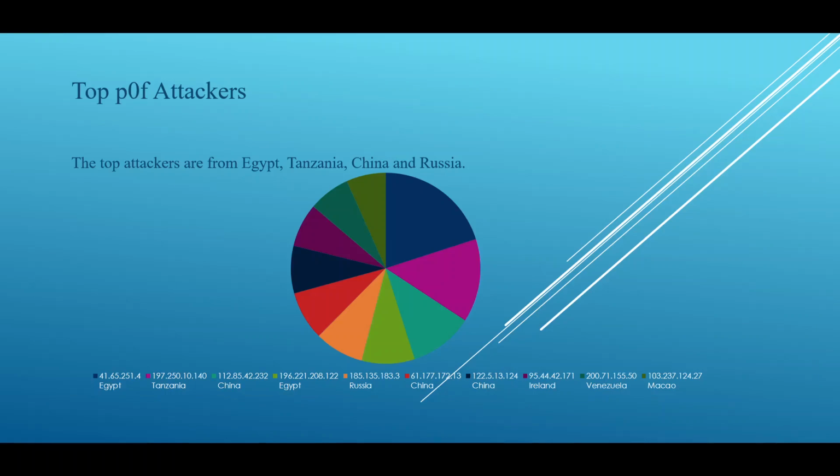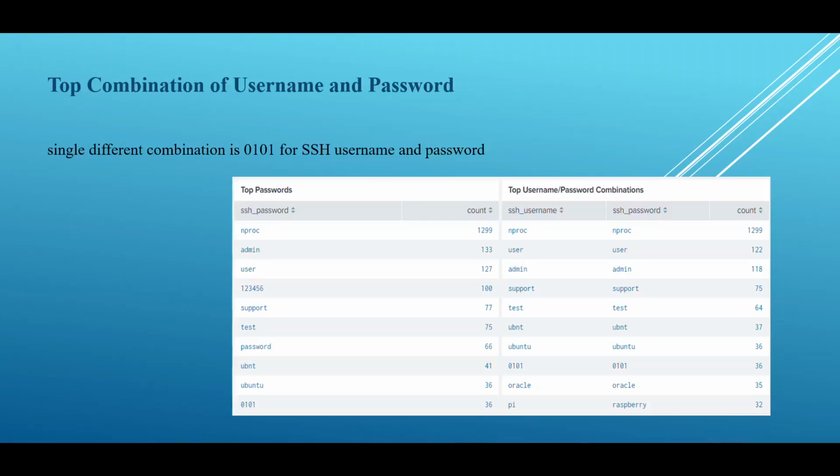Top P0F attackers. The top P0F attackers are from Egypt, Tanzania, China and Russia. Top combination of username and password. The brute force username and password lists are analyzed for the general properties of the attack. A generic brute force variable used in the username and password is tried to calculate any specific changes that may be shown in